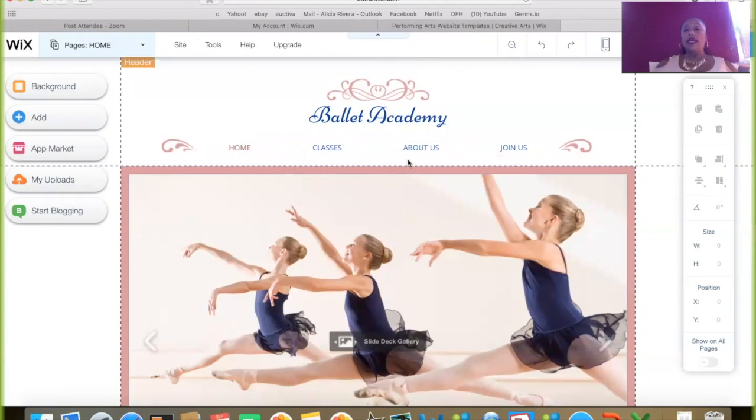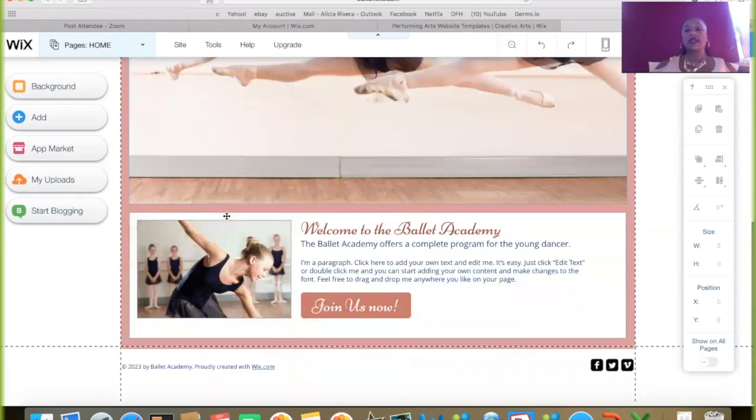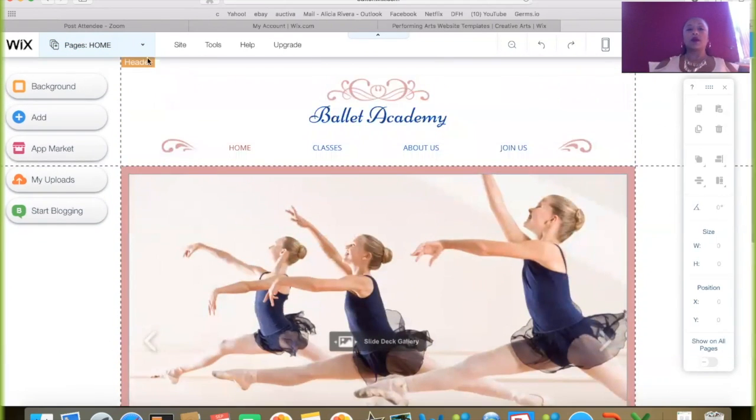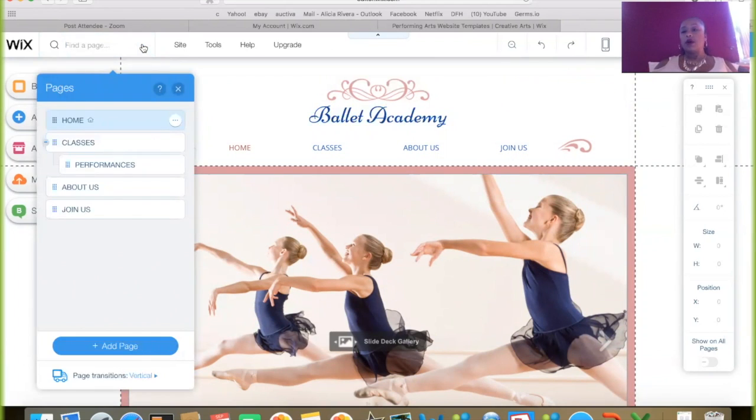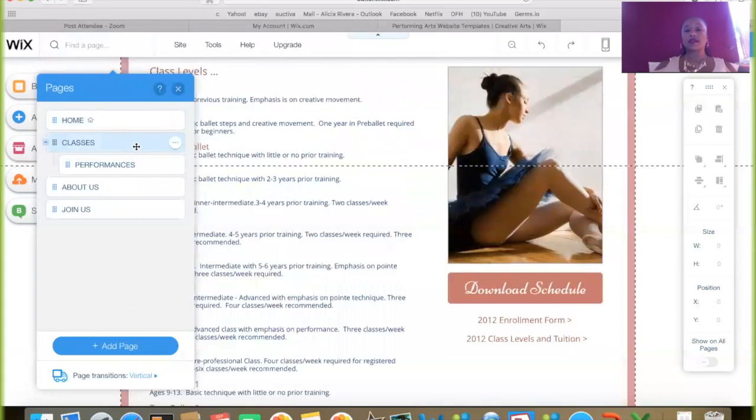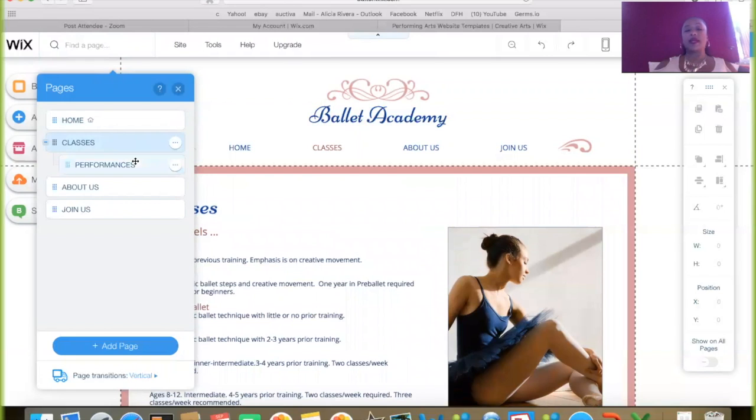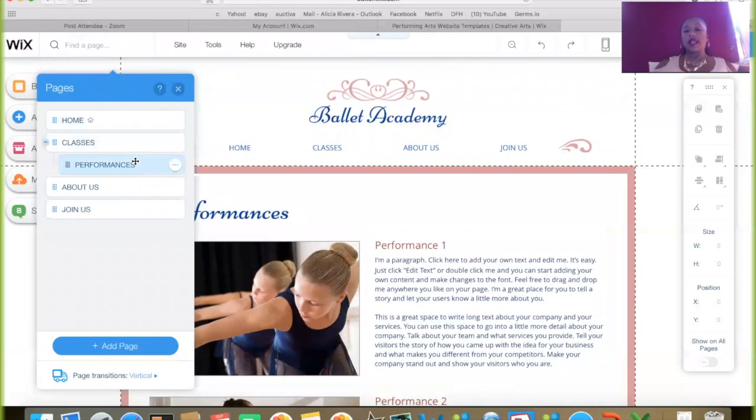So here you cannot select a page to change on the menu here. What you'll have to do is come to the very top left, what you see here where it says pages and home. So this indicates here what page you're on. This is the home page, what you physically see, and I can scroll up and down. Okay, if I click on the arrow, the other categories will come up, the other pages will come up. So here, if I click on classes, now it will open up the class page, and underneath classes is a